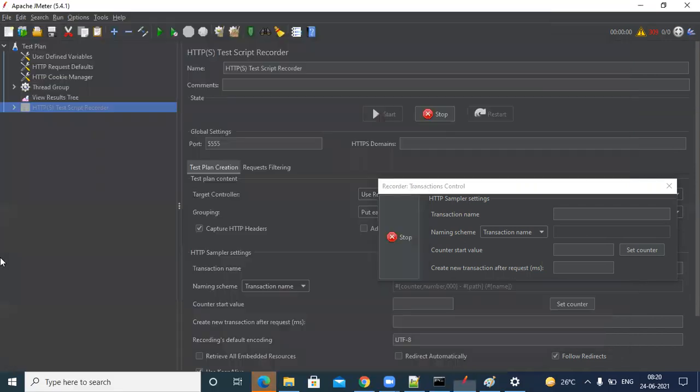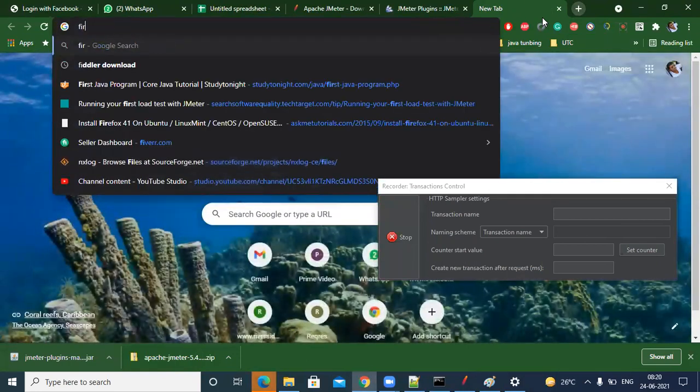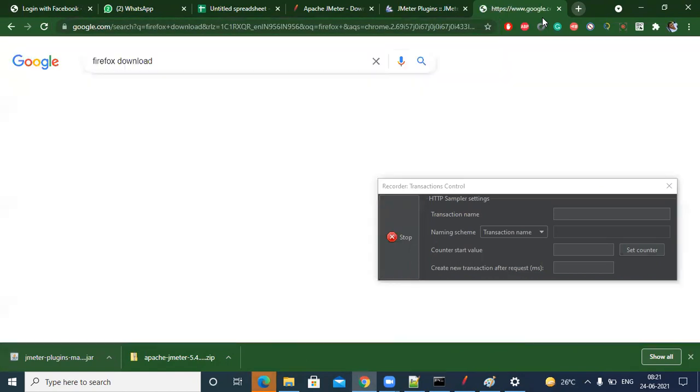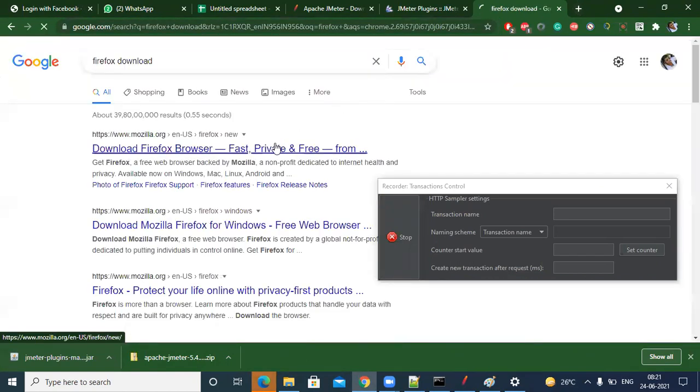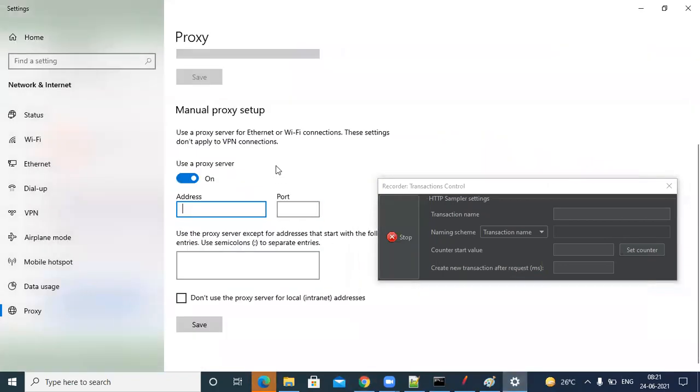Let me download Firefox quickly. Otherwise, you can use Chrome, but for Chrome it is related to this setting only. Chrome doesn't have its own proxy setting, so we need to go to internet settings, because Chrome doesn't have support, whereas Firefox supports it on its own.